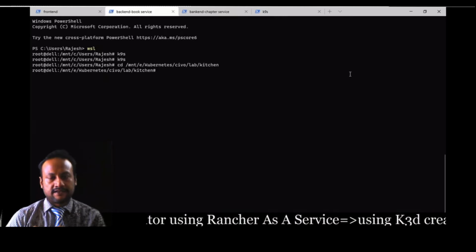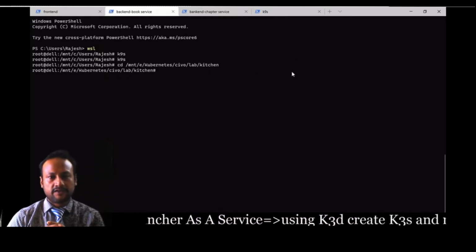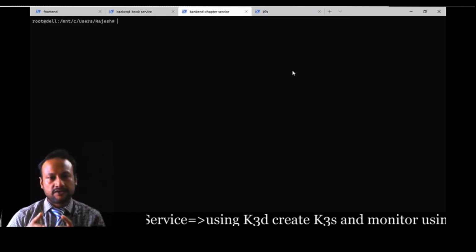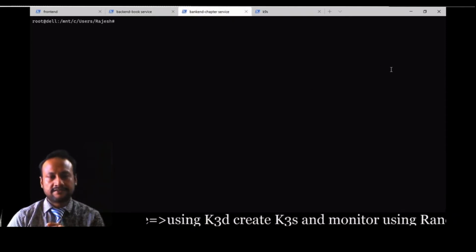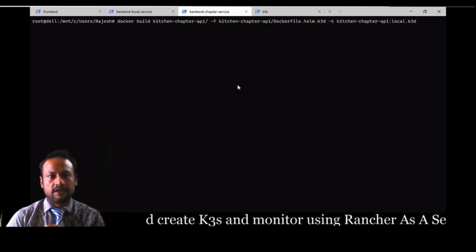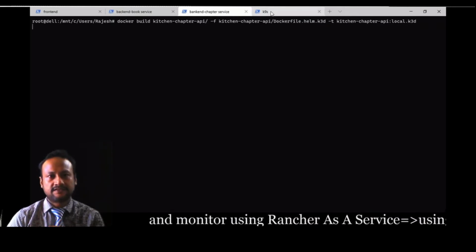So let's get to the command. I'm just copying the command I have already saved in order to save some time. So I run docker build. Make sure you install Docker in WSL, and this is how we Dockerize the second service, the chapter service.